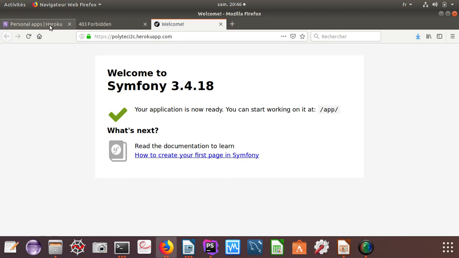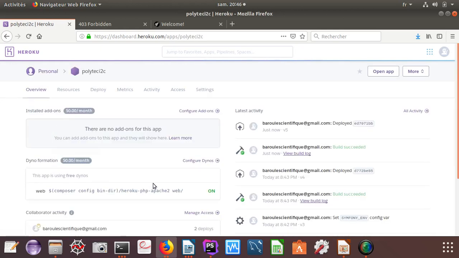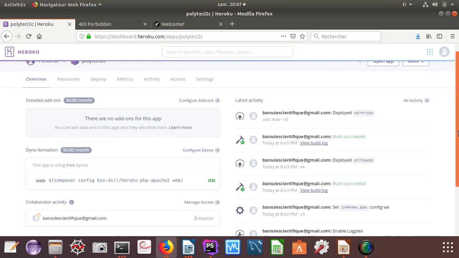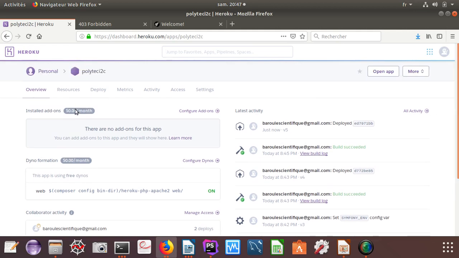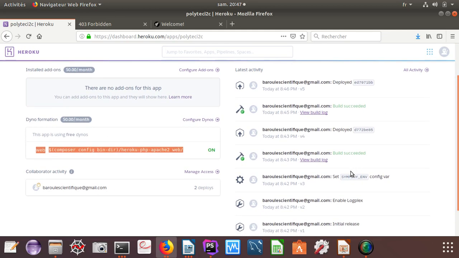So I'm going to go to my personal dashboard, and if I refresh here, I should see another application, and this is the one I just created, Polytech. If I go inside, I can see whatever I did here, the build, the versions, the build log, and whatever on the right side. On the left side I have the add-ons I installed, the dyno formation, the dyno I just created, and the Procfile I just created is here, and the dyno is using this Procfile. I have the collaborators, I'm alone on this project, and all the things I created, the environment and all of